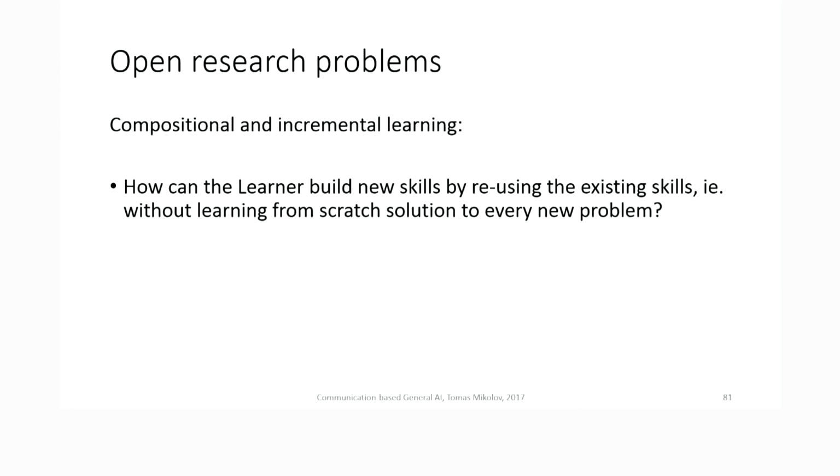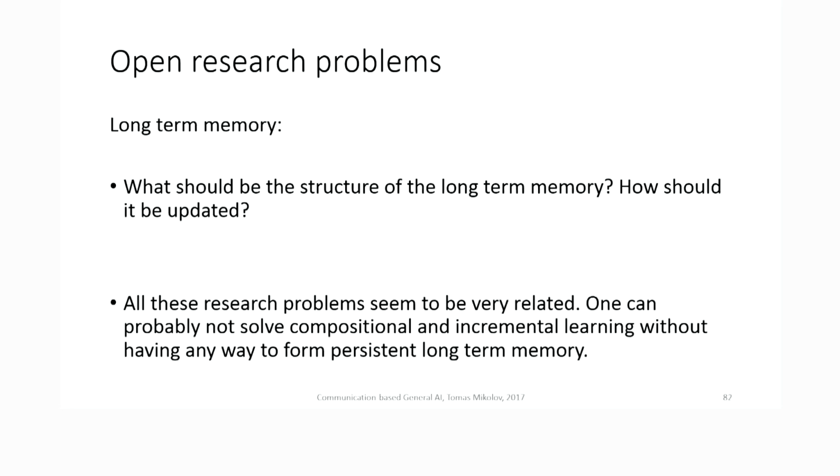And then, of course, the compositional incremental learning that I was talking about in the last few minutes is a big challenge. How to not forget what the learner did learn, but use it actually to learn faster in the future, to generalize faster from fewer training examples. How do we do that? Well, nobody really knows so far. And memory, actually, all these problems like compositionality and so on would require long-term memory, because if you don't have it, then how can you hope to not forget previous solutions? So it sounds very simple, but again, nobody in the machine learning community has a good solution for this yet.